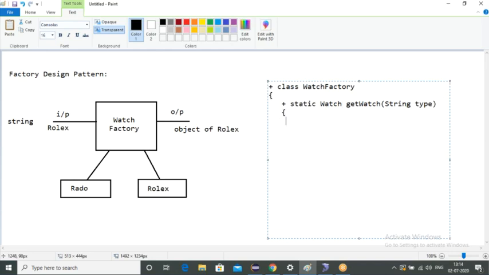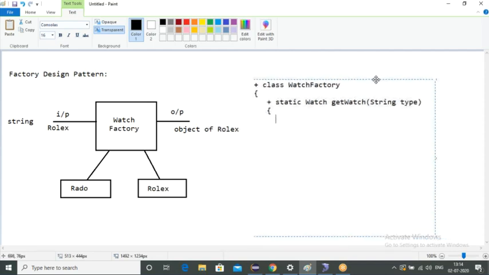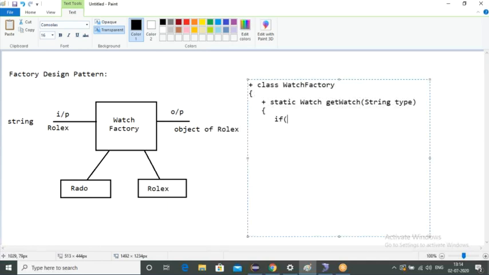Okay, then I'll open. Now here I have to decide whether he is asking for a Rolex watch or a Rado watch. I don't know, that I have to check. I'll use one if condition here, where the user input is stored in a variable called type.